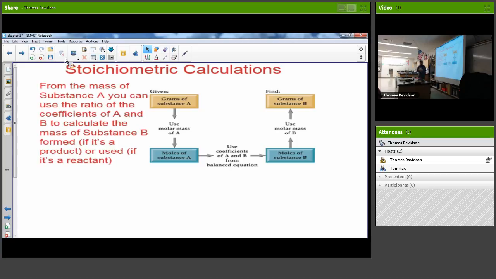I don't know if that makes a ton of sense, but essentially every time we do one of these problems, I'm going to give you a certain mass of something and ask you for the mass of something else. And to do that, we're going to use balanced coefficients. Those coefficients, I told you the other day, they have another name that starts with M. They're moles, all right? Moles will always be our middle step